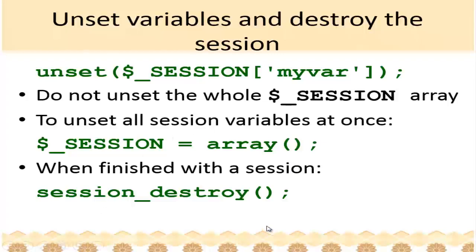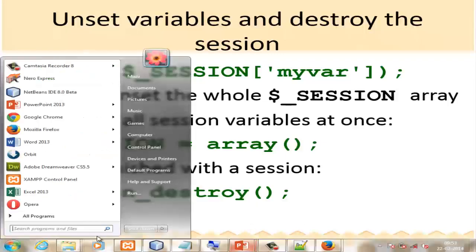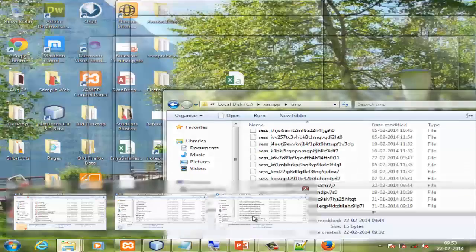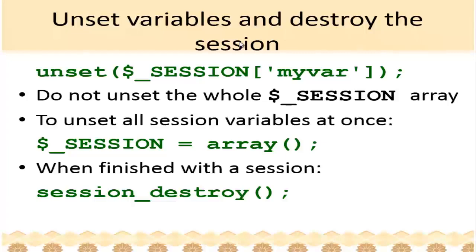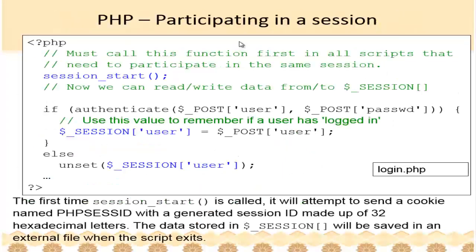And if you want to delete the entire session altogether, call session underscore destroy. This will destroy that file altogether, but it will not destroy the cookie that was sent to the user. The user will still have the cookie. Cookie is not destroyed, but it will delete this file. So I have shown you that there is a file here. For every user, it's going to create a file. When you call session destroy, it will just go and wipe out that file from the hard disk. From that point onwards, you will